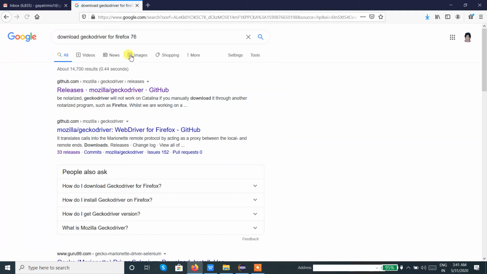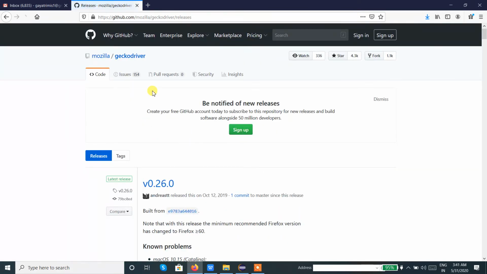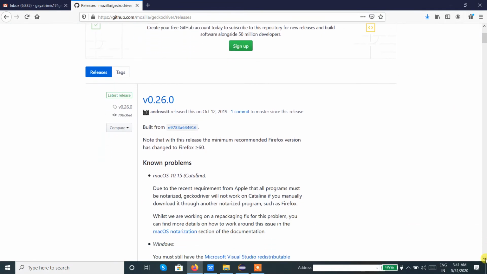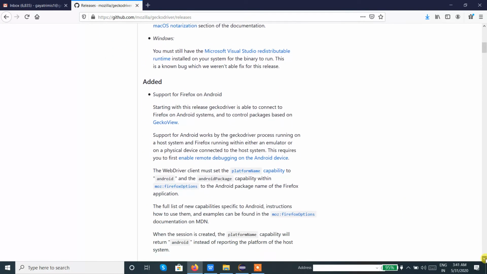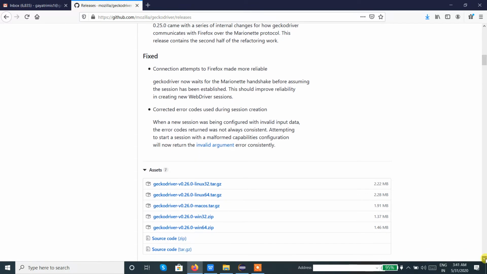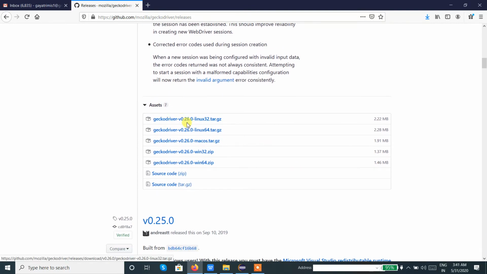Yes. So we can see the Gecko driver here on GitHub. We should click this link, because it is the GitHub link, which is the standard one, and here many versions should be available, and we can see a list over here. Say, here Gecko driver 0.26.0, which is for Linux 32-bit. We don't want that, we want Windows 64, because my operating system is Windows and it is 64-bit.